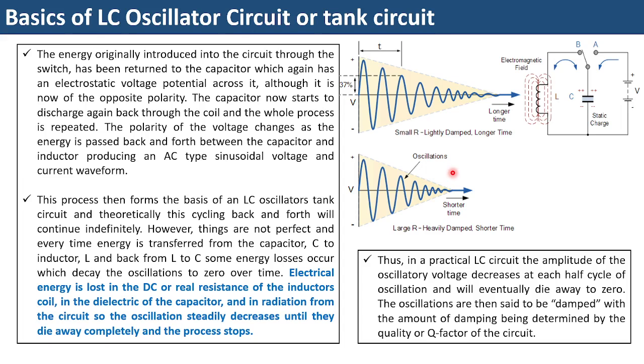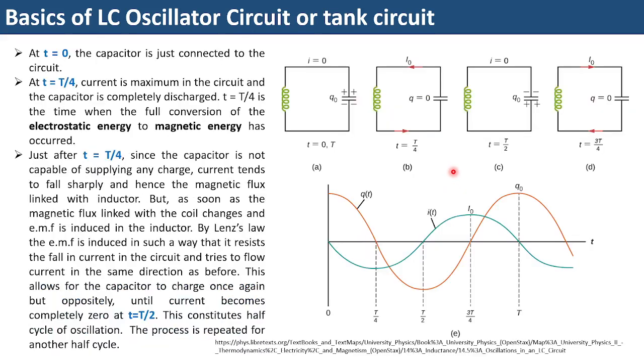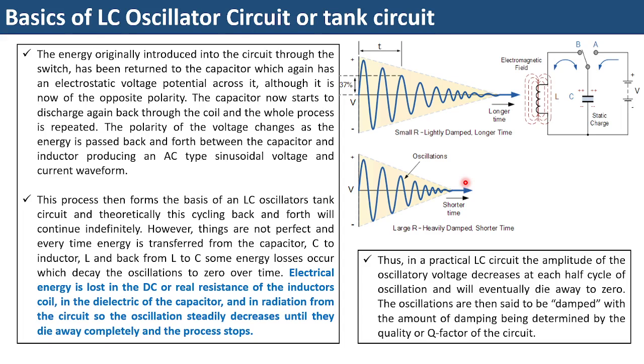Now let us come to some practical sense. Practically, what should I have got? I have got the current given by this, which means a very nice oscillation should be maintained in the circuit. Current should rise and fall periodically, maintaining the same amplitude. But in real practice this does not happen. The current rises, but gradually the current will fall and fall off to zero. That means if you allow this oscillation to run for a longer amount of time, you will not get the same value of the current and the oscillations will gradually stop.